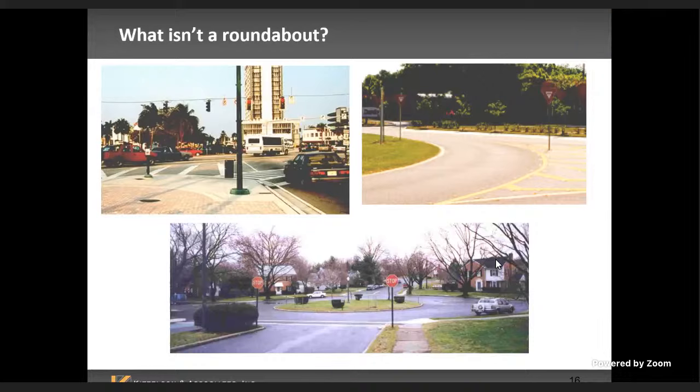Yeah, I believe it maximizes the flow. For example, maybe one street might not have a lot of cars, but the others might, and maybe a traffic light would minimize the flow.